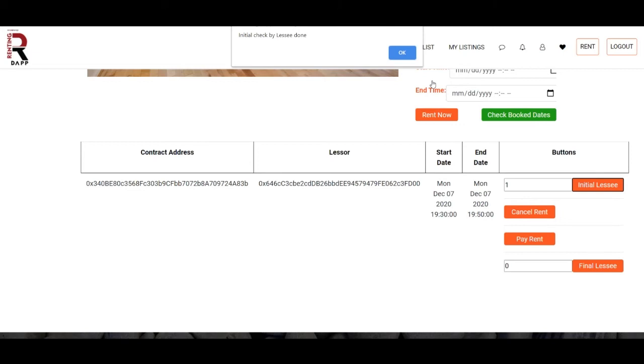The product is in a condition which is okay, and so basically that is the thing. And once you click on initial lessee, this is very important.